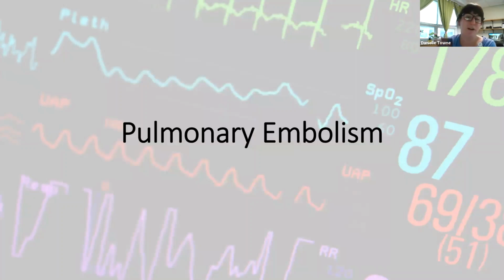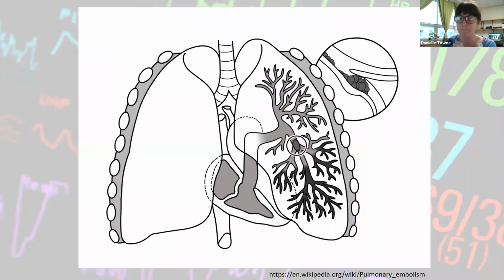And then we've got our pulmonary embolisms. So a pulmonary embolus, a PE, is a blood clot that develops in some blood vessel, usually in the leg, breaks off and then travels to an artery in the lung, where it suddenly blocks blood flow in that lung, right? And this restriction of blood flow causes a decrease in the oxygen level in the blood,